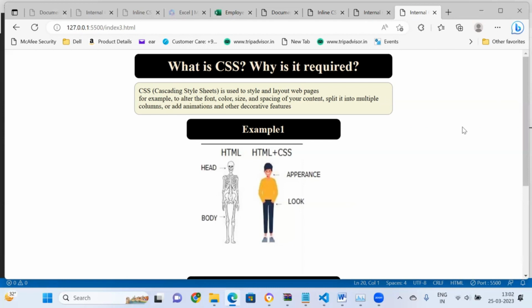And now, from the coming session, we'll move on to some more complex parts of CSS, wherein we'll be using media queries, etc., to make the pages responsive. And then we'll be adding JavaScript to make some interactive web pages. So that will be done in the coming session. If you have any question right now,